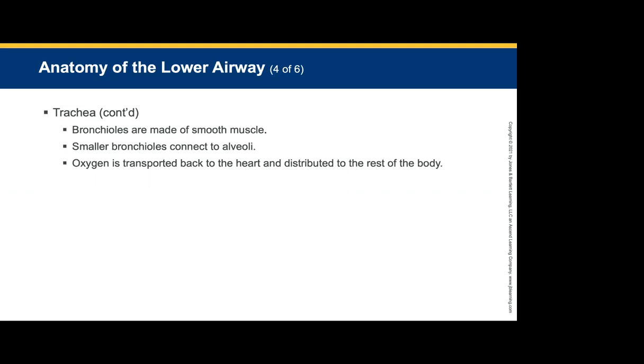So the oxygen in the pulmonary capillaries is transported back to the heart and distributed through the rest of the body. So it's clean oxygen that's coming from the lungs to the heart that's pumped back out. Sorry, clean oxygenated blood is pumped back that's coming from the capillaries. All right. Carbon dioxide diffuses from the pulmonary capillaries into the alveoli where it is exhaled and removed from the body. And it's not in there, but remember,